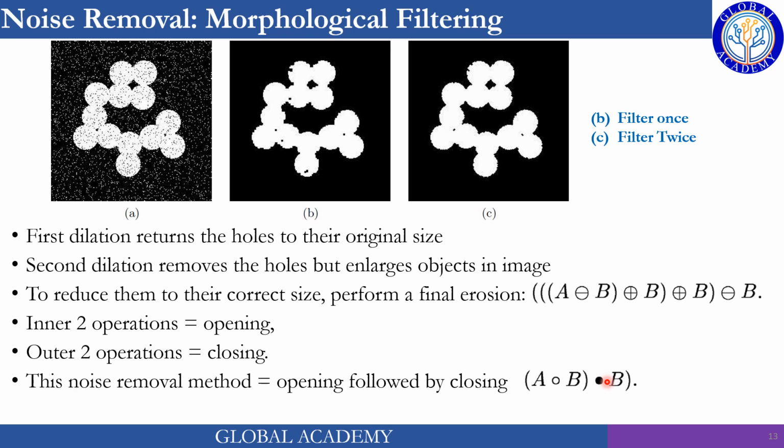By the way, in morphological image processing, the basic operations are erosion and dilation, where opening is a combination of two and closing is a combination of two. Overall 4 operations. But simply we can say that it's like first opening and then closing. So we got this output.